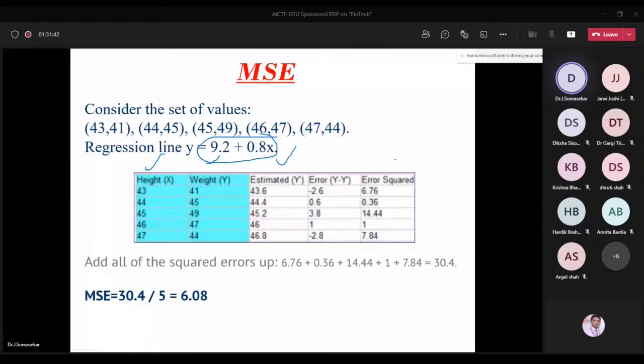So here I apply linear regression. Suppose if I apply exponential regression, my MSE value is, let us assume, 7.5. Then linear regression is the best when compared to the exponential. Suppose let us assume I am applying a logarithmic regression model. There I got an MSE value of, let us assume, 4.0. Then this is the best fit because 4 is less than 7.5 and 6.08. So that is the best fit regression model.